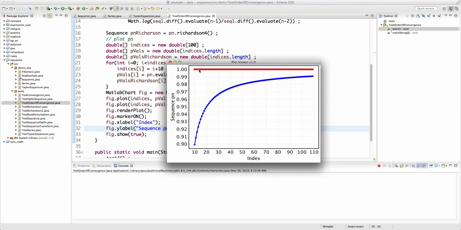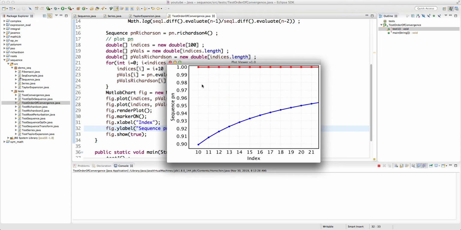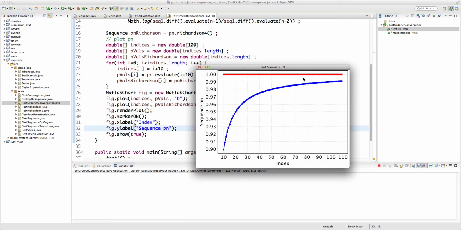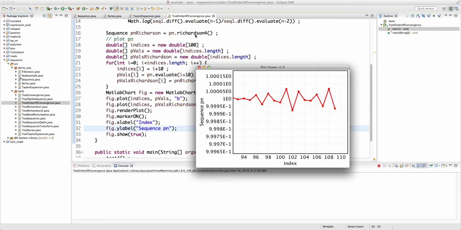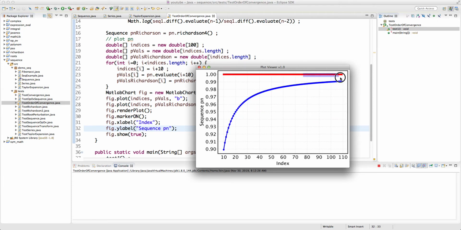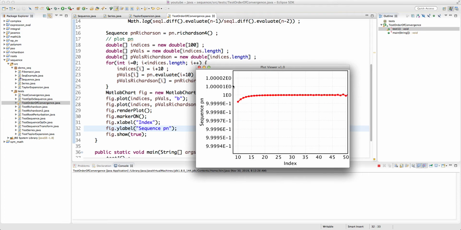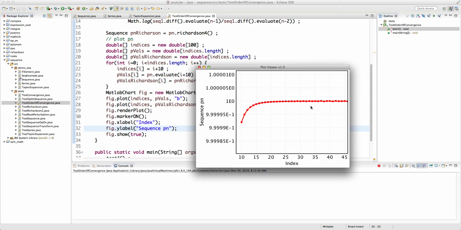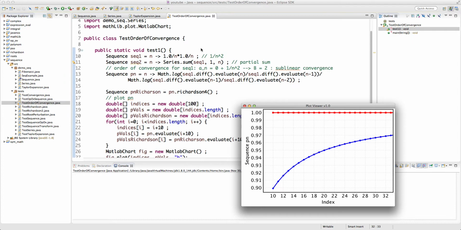And as you can see with the Richardson, we are pretty much there at 1 after just 10 terms. You apply your fourth order Richardson, calculate at 10, and we've discussed this before that for Richardson fourth order, as you increase the order of Richardson, there is a chance of oscillation or instability, which is very small here, but that still happens. So up to, for example, 50, 60, we don't really see this oscillation, up to 40, but after that we see. But as we can see, Richardson acceleration is definitely suitable for 1 over n squared, for